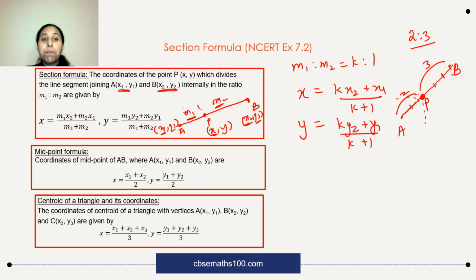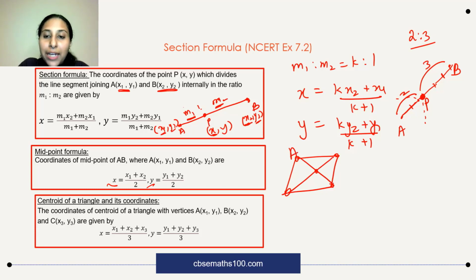Midpoint formula. Midpoint formula says that the X coordinate of the midpoint of a line is x1 plus x2 by 2. Add the X coordinates, divide by 2. That is the X coordinate of the midpoint. Y coordinate of the midpoint, add Y coordinates, divide by 2. You will get the Y coordinate of the midpoint. Okay. Important application of midpoint formula. For any parallelogram, if you want to find a missing vertex, then remember the midpoint of diagonal AD will be the same as midpoint of diagonal BC. So X coordinate of midpoint of diagonal AD is the same as X coordinate of midpoint of diagonal BC. You can use that equation.